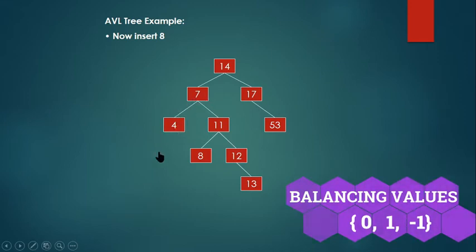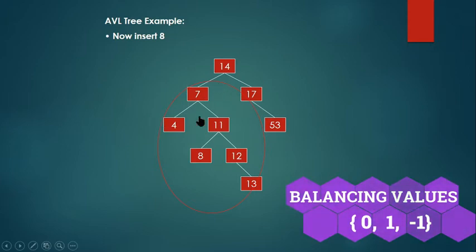So 7 and 4 will come down. 11 will go to the top. Now look here, this 8 is attached to 11. So if 7 and 4 is going down, the 8 will join along with this 7 and that will be placed at the right side of 7. 8 will be placed at the right side of 7, as this 11 is going to the top of the tree structure. Okay. So listen carefully.